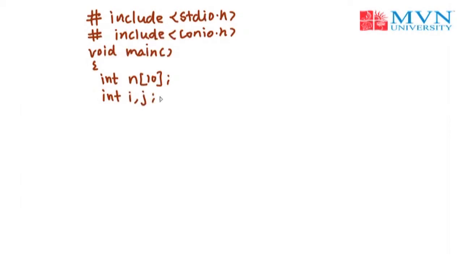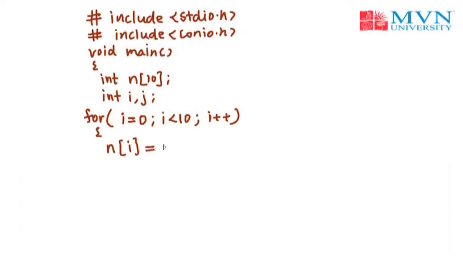Now for assigning the values to the array elements, we have to use the for loop. Initialize the i variable, i equal to 0. The condition is i less than 10 because the size of the array is 10, i plus plus. In this for loop, we write n[i], where i is the index of the array, is equal to i plus 100. Close the for loop,